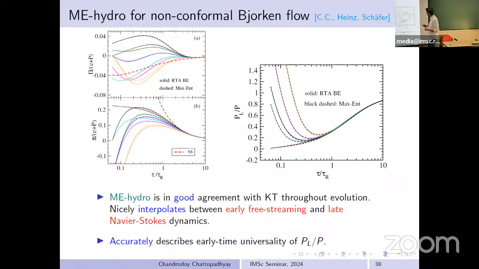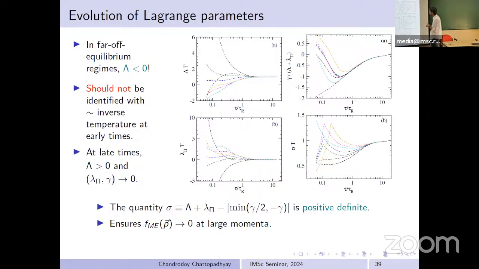And in kinetic theory, there is some early time universal behavior seen in the quantity of this normalized effective longitudinal pressure as a function of the proper time. Here we see that again, maximum entropy very accurately captures the evolution of the early time universal behavior that is found in kinetic theory. So here there is one feature that I would like to point out,